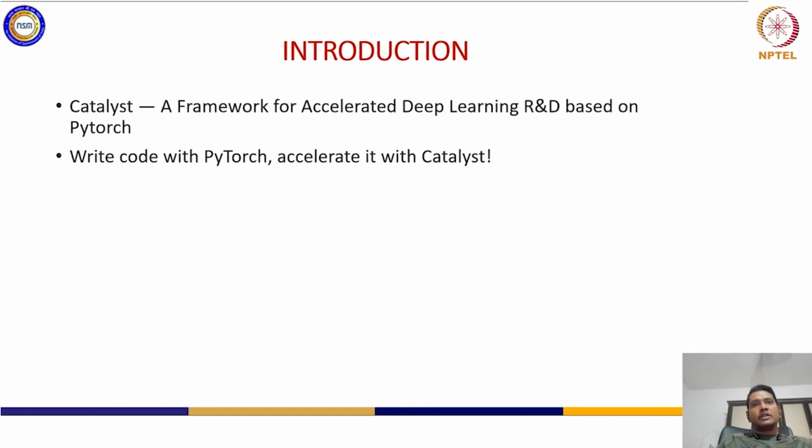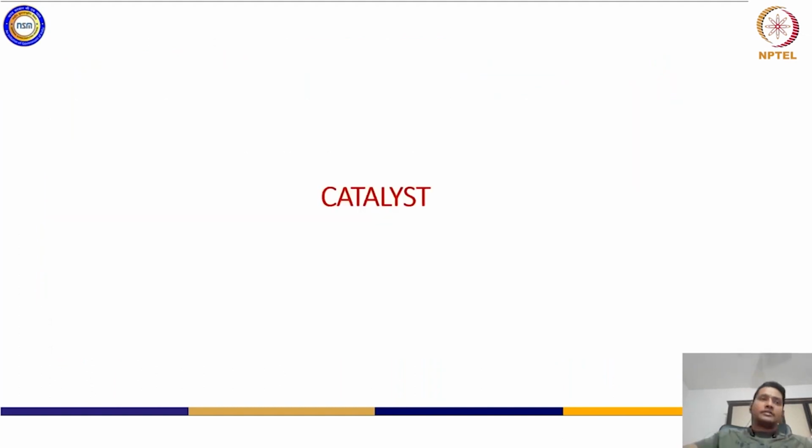Now, let's start with the catalyst, right? So as I was mentioning, Catalyst, as the name suggests, is basically the accelerated PyTorch framework, right?